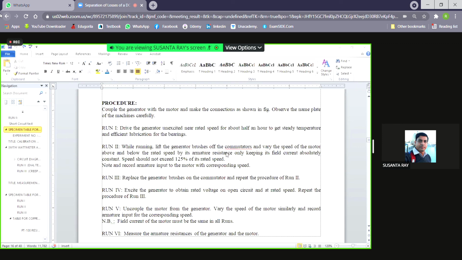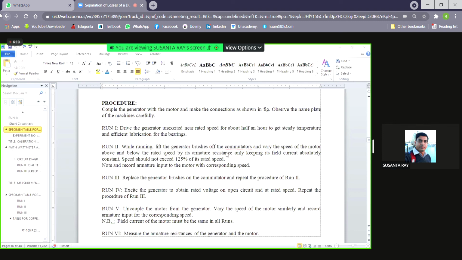Generator field সম্বন্ধে এখানে কিছু বলা হয়নি till now. Up to run 2 or 3, nothing is mentioned about the generator field. So in run 3, the brushes will be installed. Okay. So brushes will be installed, but the generator field will not be excited. আমরা যখন আগে run 4 টা করেছি না, run 4 means there is a brush in its own position in the generator and also it is excited.